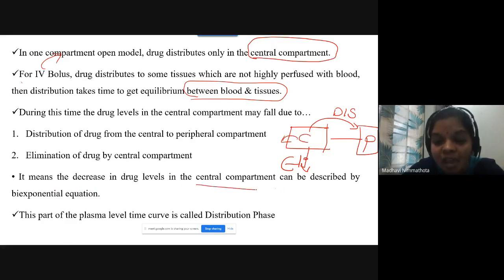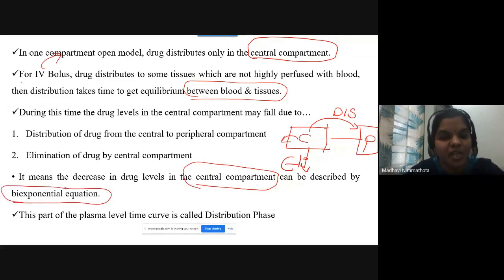So here we are talking about the oral route. Then we can also describe it by an exponential equation. That means how the decrease in plasma drug concentration is happening practically, we can explain by the exponential equation. This part of the plasma level time curve is called the distribution phase. Then